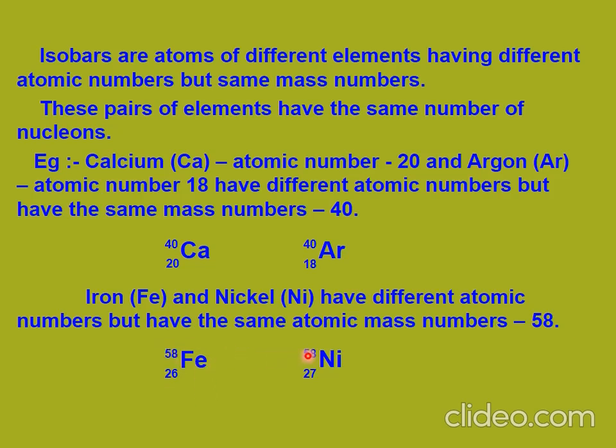And the mass number, how is it written? It is written on the upper left side. Students usually make this type of mistake. They are confused. What do they do? They write the atomic number up and the mass number lower. But no, write it properly. After writing, check that you have written it properly or not.